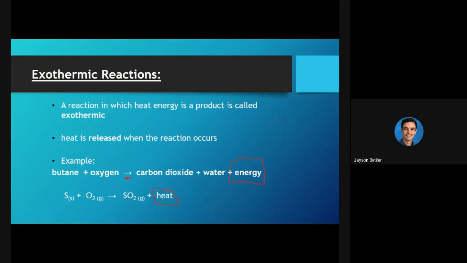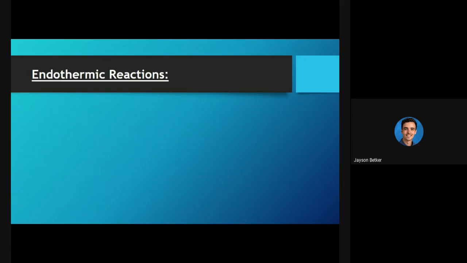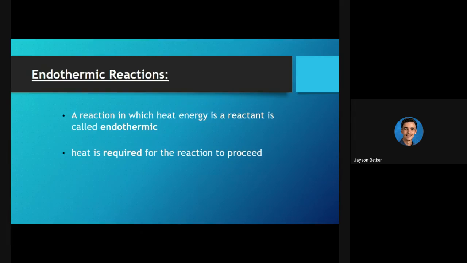Endothermic reactions are just the opposite. Instead of releasing heat, they require heat. So in a reaction in which heat energy is a reactant, it's part of the reaction, this is called endothermic. So heat is required for the reaction to proceed. So what would this look like? You can think about it yourselves, and actually you can pause here and go take a look